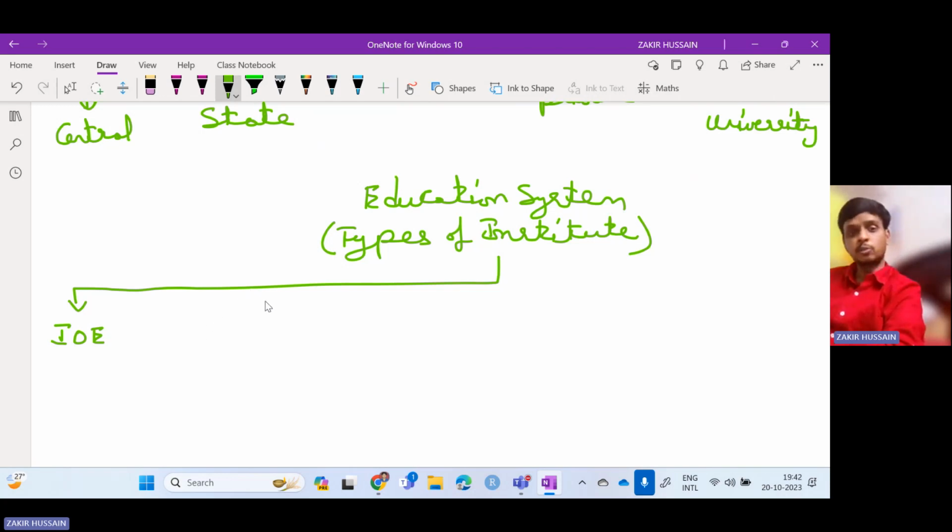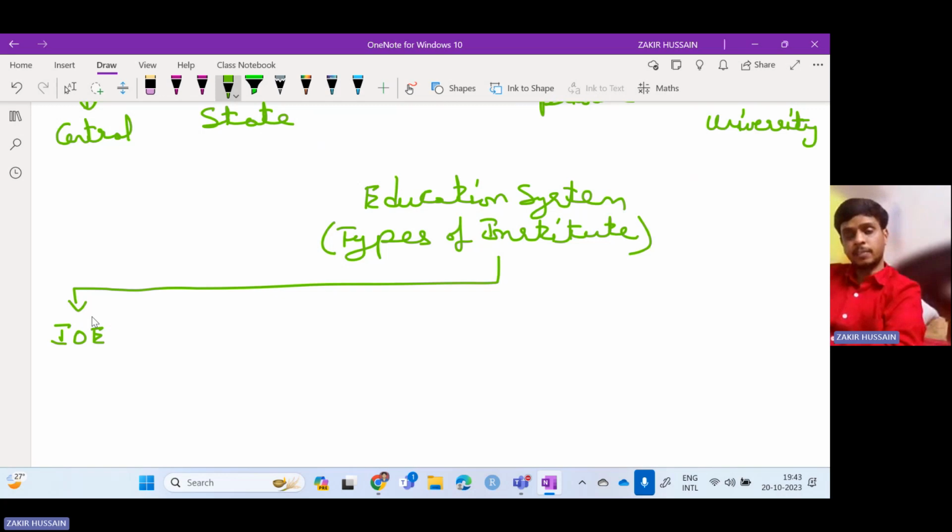Institute of Eminence. In the year 2017, the Government of India brought a completely new scheme called the Institute of Eminence Act 2017. Under it, after the Empowered Expert Committee recommends, the Government of India will declare the institutes as Institutes of Eminence. Initially the plan was to select 10 government institutes and 10 private institutes. If a government institute is selected as an Institute of Eminence, it will receive 1,000 crores funding from the government for the next 10 financial years.